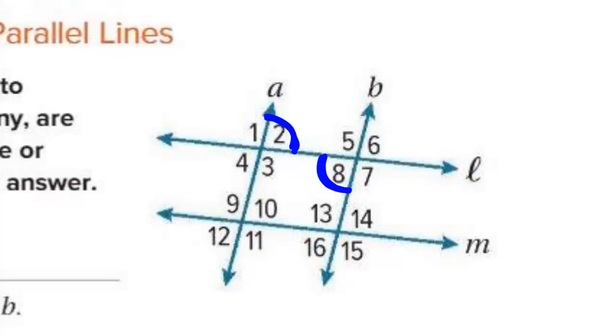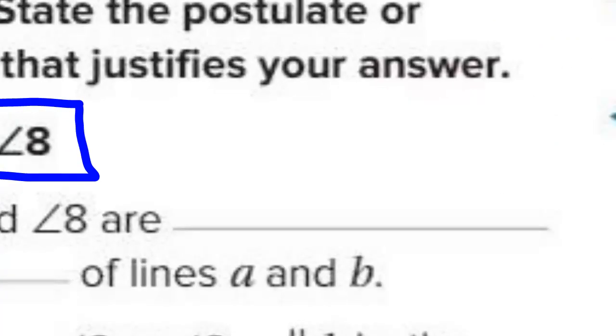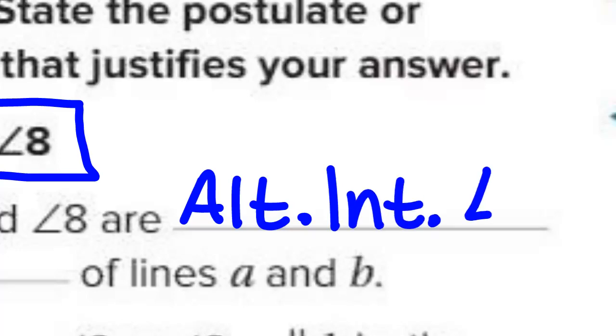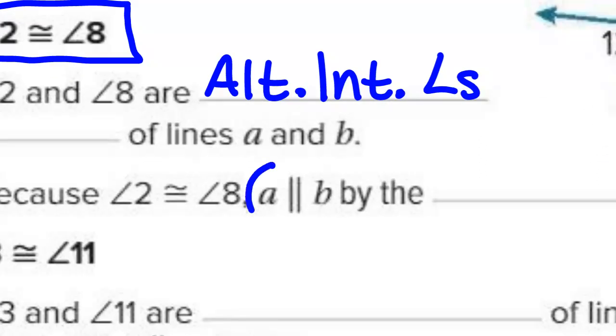What would the name be for this pair? If L is my transversal, are they on the same side or opposite sides of that transversal? Opposite. What are the two lines that would need to be parallel then? A and B. Are these interior or exterior to A and B? Interior. So what do we call this angle pair? Alternate interior angles. So since we know those are congruent, we can say that line A is parallel to line